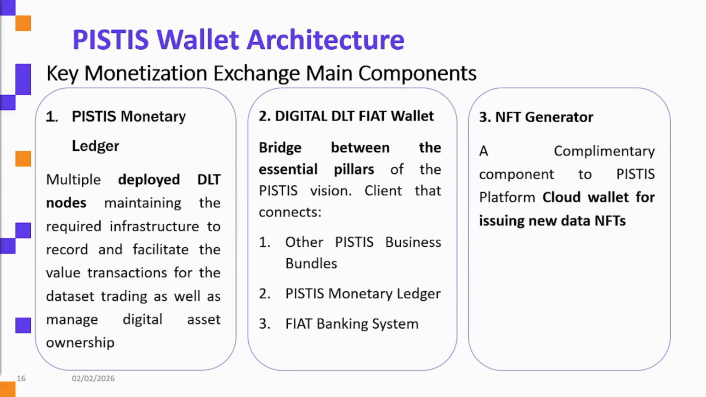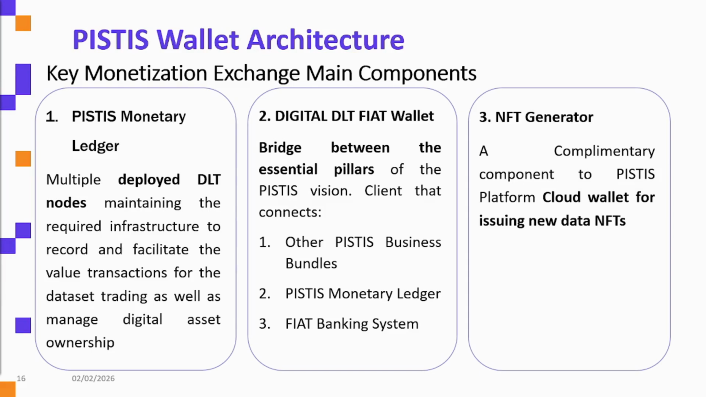The PISTIS monetization exchange platform consists of three interconnected components. The PISTIS monetary ledger, which is the foundation layer maintaining the distributed ledger. The digital DLT-FIAT wallet, which is the bridge connecting ledger, banking, and platform. And the NFT generator, which is the component creating unique tokens for data assets. Think of these as three layers of a sophisticated payment infrastructure: the ledger as the accounting system, the wallet as the user interface and integration layer, and the NFT generator as